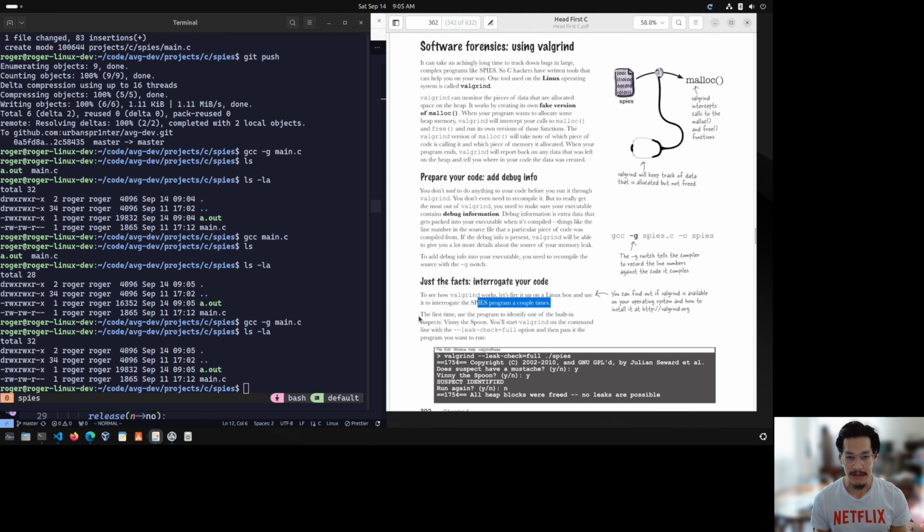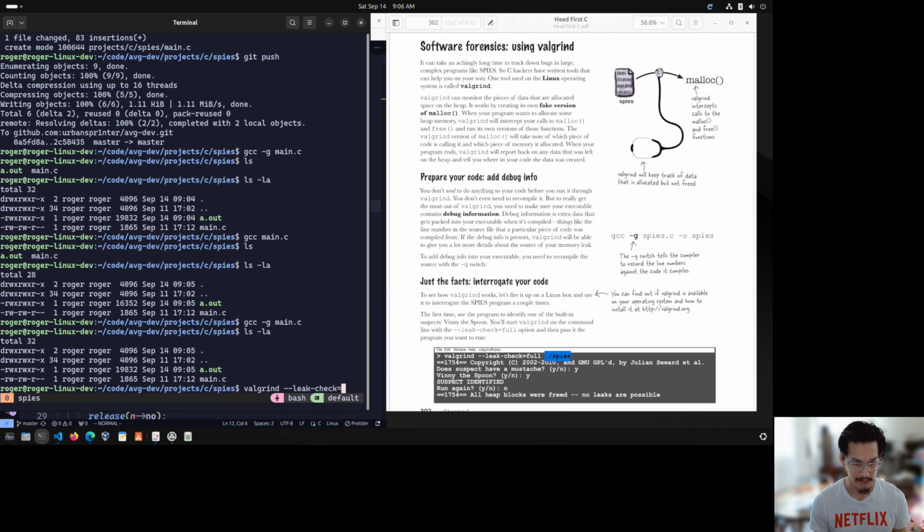Okay, the first time, use the program to identify one of the built-in suspects, Vinny the Spoon. You'll start Valgrind on the command line with the --leak-check=full option and pass it the program you want to run. So basically, valgrind --leak-check=full and then the program. In this case, it'll be ./a.out for us. So let's do that. valgrind --leak-check=full